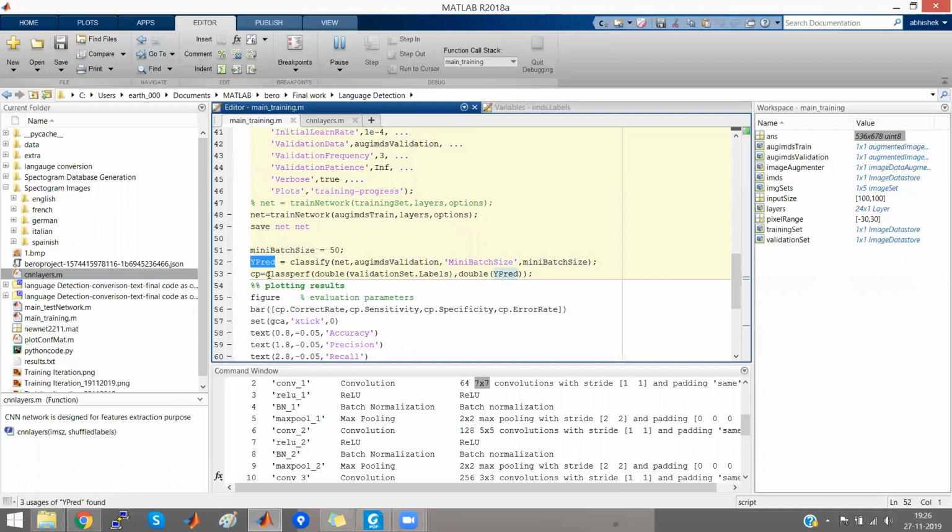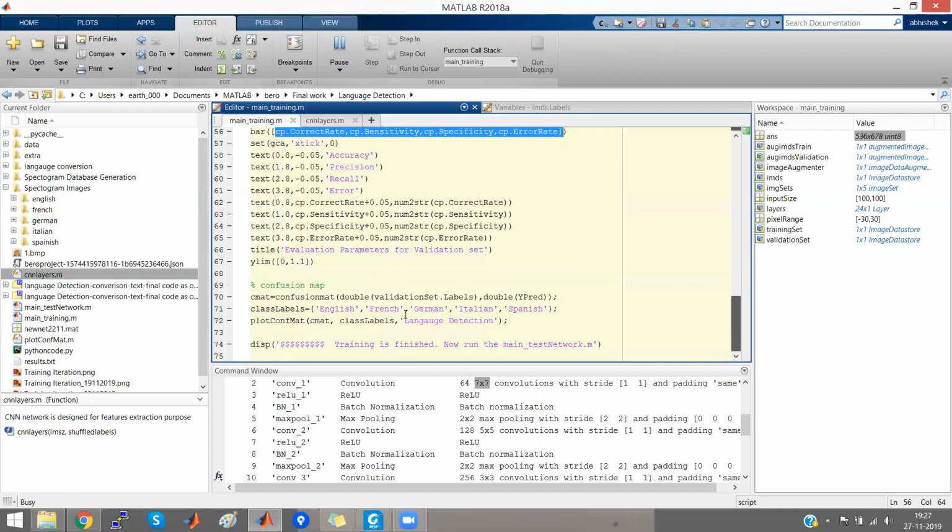Further, classperf is the MATLAB function which will calculate the accuracy, precision, and recall for us. After using classperf, we will get CP as the variable, and further you can extract the correct rate, error rate, and similarly the confusion matrix.